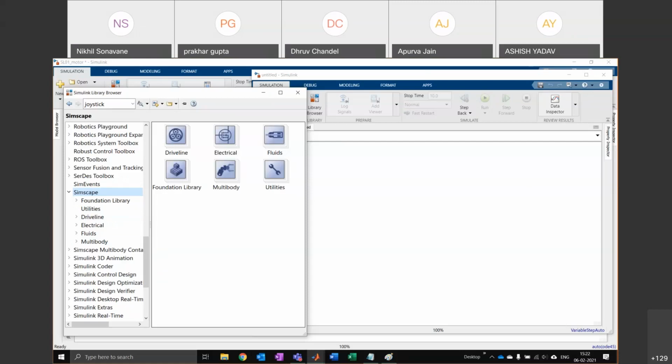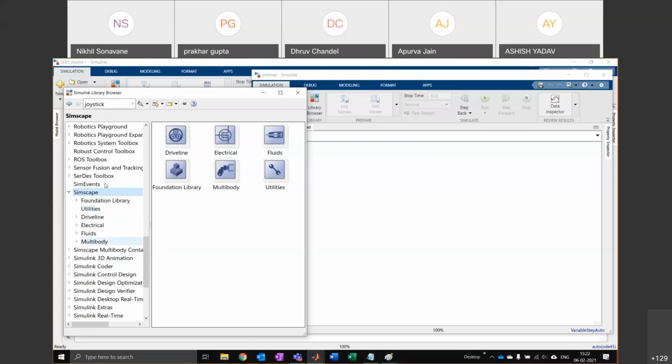If you're on the desktop version, you might not have installed it. So you need to install the full MATLAB. I did ask in advance of the session to install the full version. Online, it should be there. So if you want to switch to online, you should be able to find it. So if you're on the desktop version and you don't have the library installed, just go to MATLAB Online.